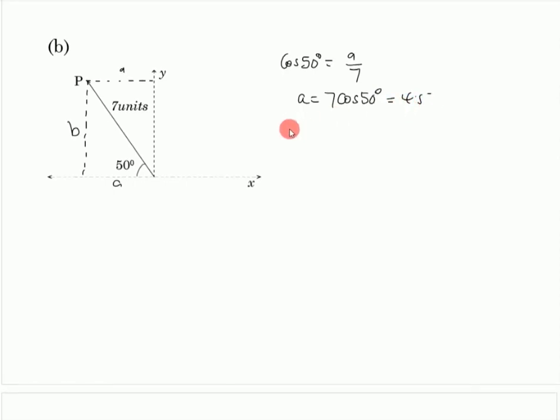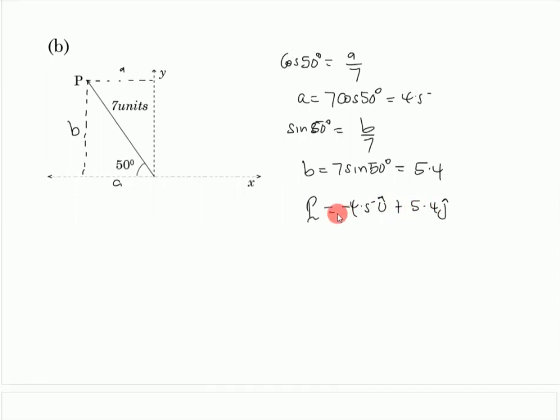Then sine of 50 degrees is equal to opposite, which is b, divided by 7, so b is equal to 7 sine of 50 degrees, and this one gets us 5.4. And the vector p now is equal to 4.5 i plus